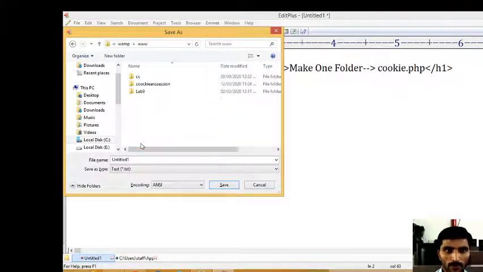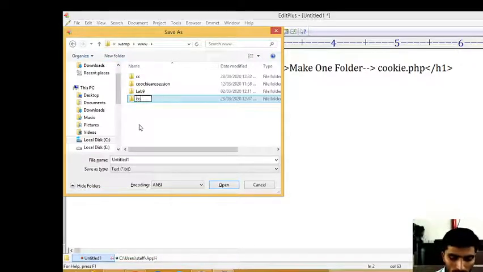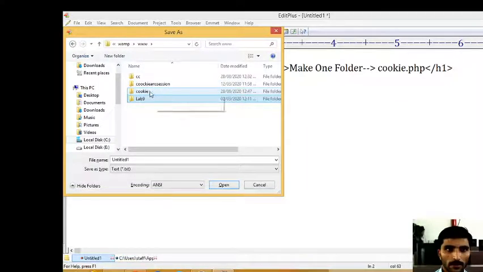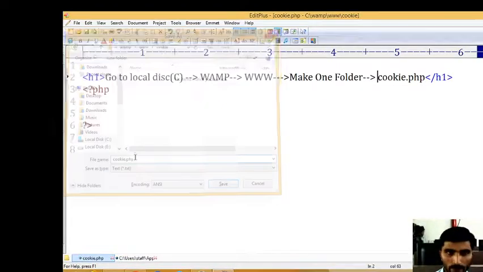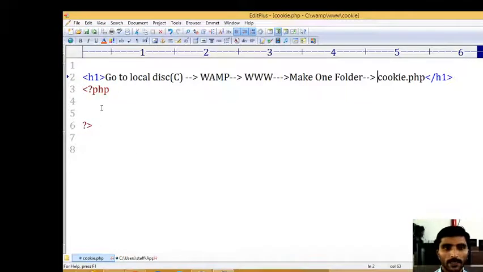Click on www, and here you have to create one folder called cookie. Then double click, and within that you have to save cookie.php.